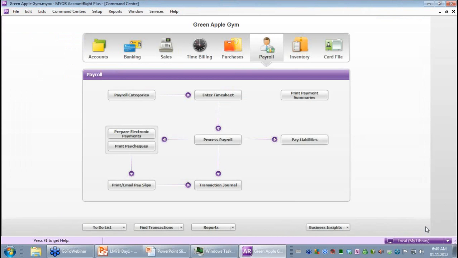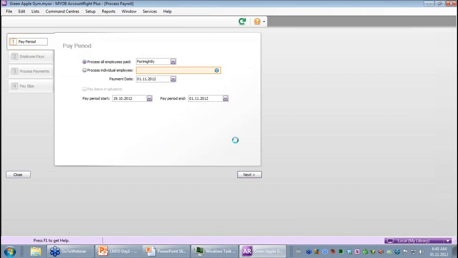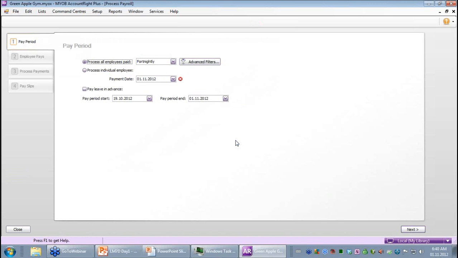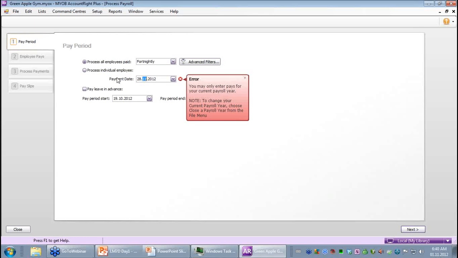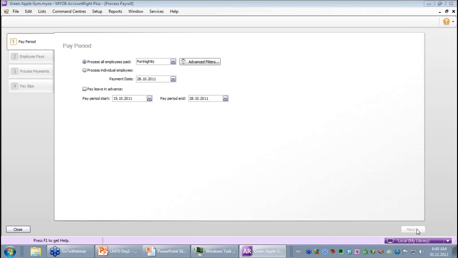And what I'm going to do is process another payroll. I'm on page 246 and I'm clicking process payroll, and this will be processed for the 28th of October, 28th, 10th, 2011, and the date will be 15th, 10th, 2011 through to the 28th, 10th, 2011. Tab through, click on Next,